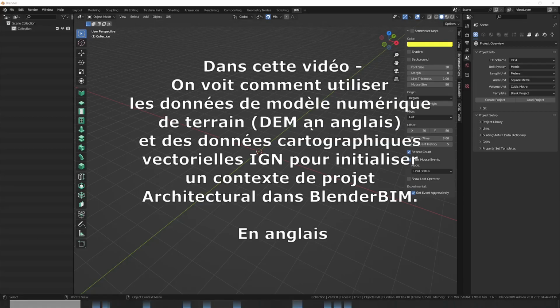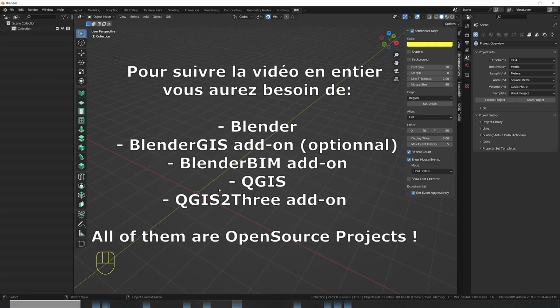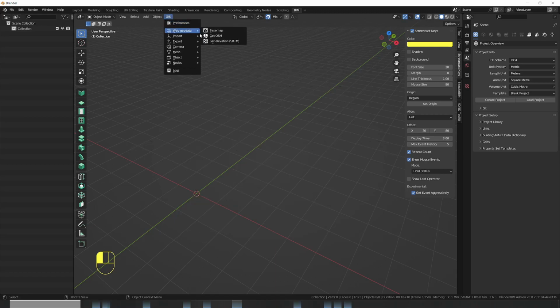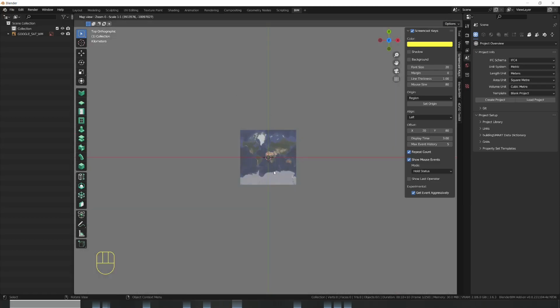Okay, hello everyone. In this video that I make in English, une fois n'est pas coutume, I will show you another way how to get your terrain and buildings in BlenderBIM. So last time I showed you how with the use of BlenderGIS you could set up a base map, say OK, click